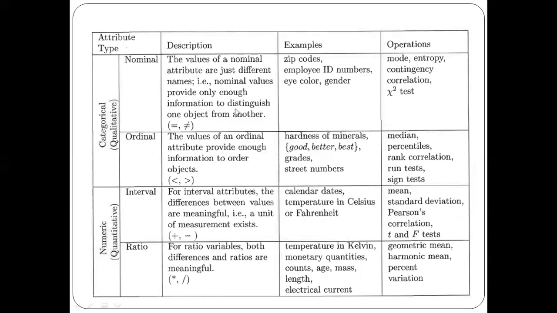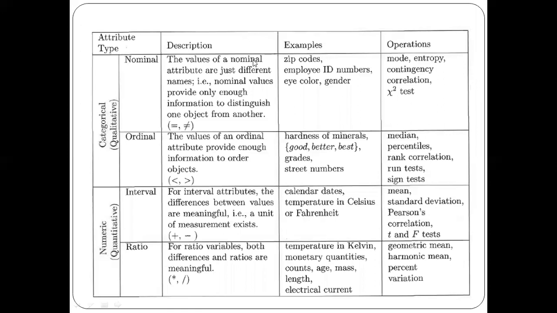Nominal attributes, with the help of these, you can make the distinction among the objects here. You can differentiate one object from the other object. Such attributes are nominal attributes. So using the values of the nominal attributes, you can make the distinction among the different objects. For example, employee ID, using which we can identify the different employees. One employee ID will be different compared to another employee ID. In the same way, student ID will be different for each and every student. So using that, we can easily identify each of the objects here.